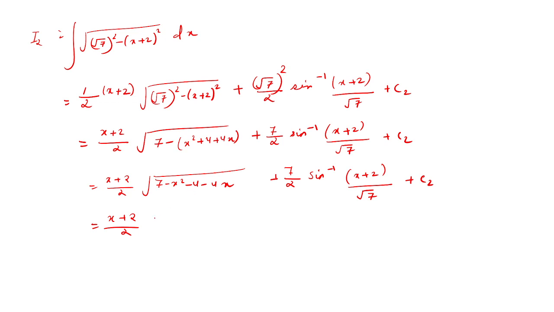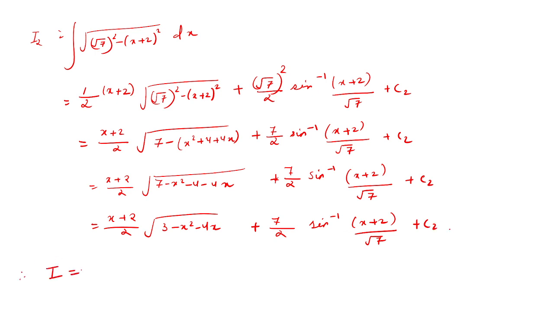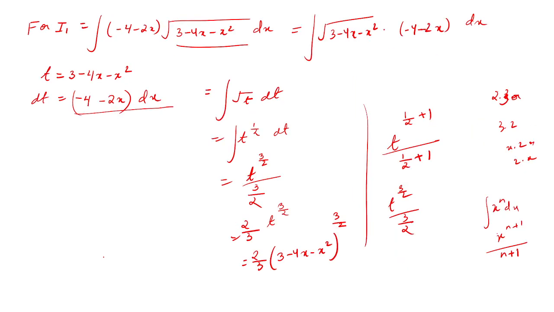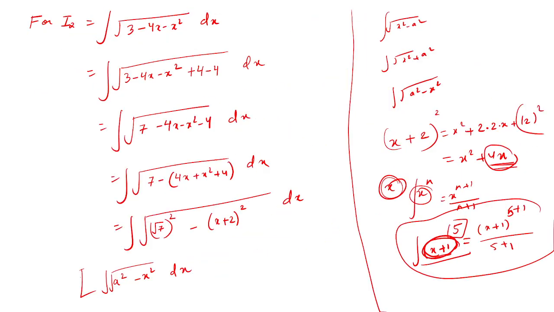So 7 minus 4 becomes 3, so you're left with x squared minus 4x, which is the same thing as per the question, the quadratic equation that occurs inside the square root. Okay, so this is what you are getting for I2. So finally, therefore, your I can be written as, what is your I? Your I, we got it as minus half of I1 plus I2, and your I1 is